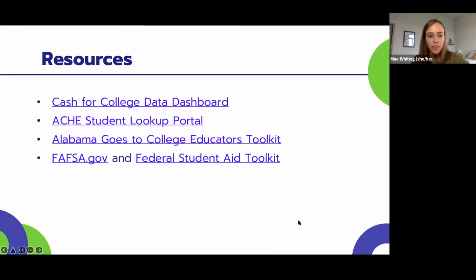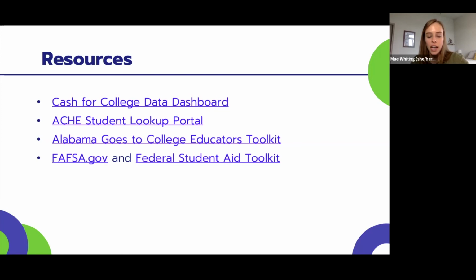In terms of resources available to y'all, of course, the two platforms that we just reviewed, y'all can access at any time. Feel free to send us your questions if you have any about those platforms. As you are promoting the FAFSA, you can utilize the email templates, the social media graphics, and the flyers that are found in the Alabama Goes to College Educators Toolkit.